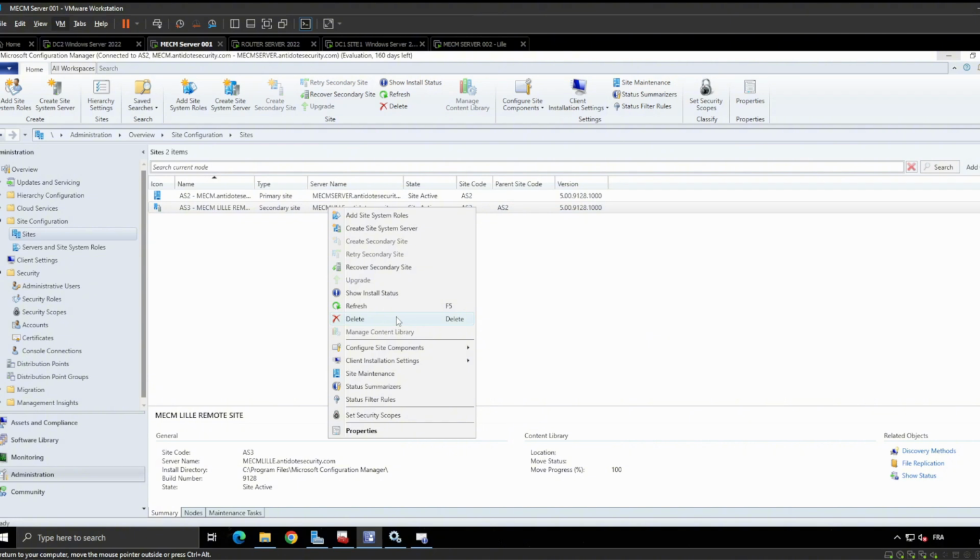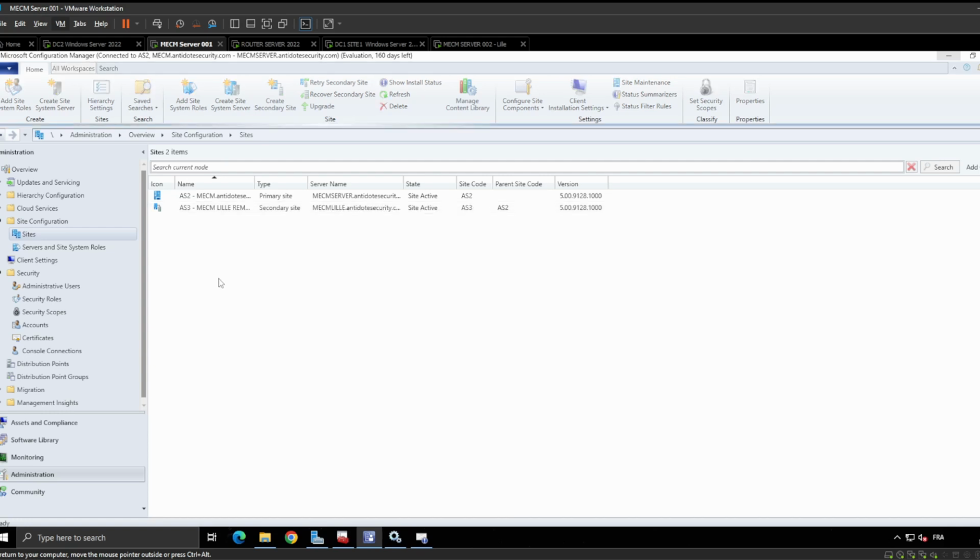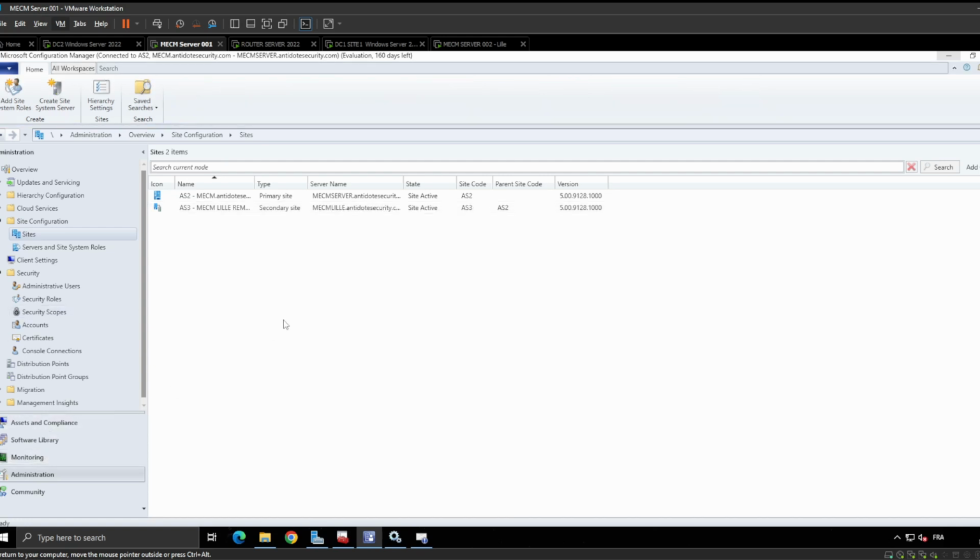It's good also to check where it is. Site maintenance, no. Yeah, you just go on Monitoring and check the component status. Okay guys, so